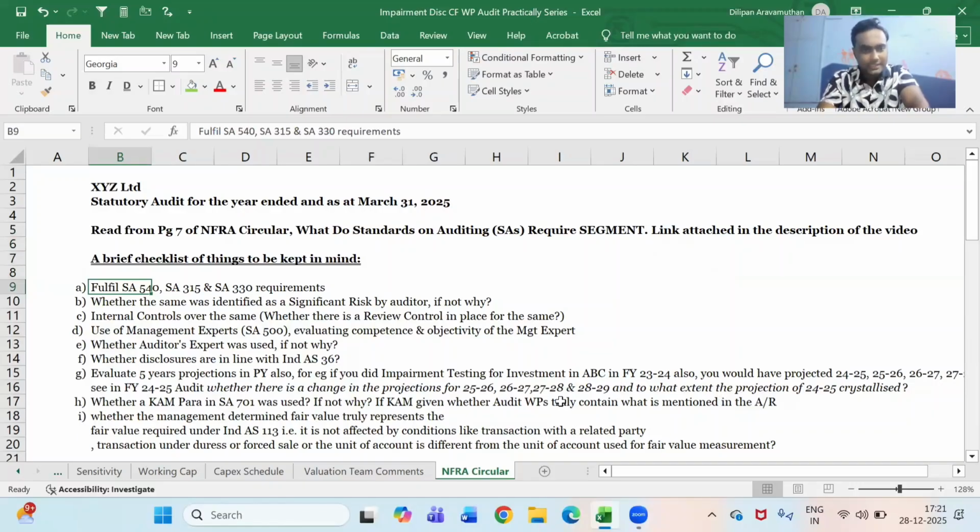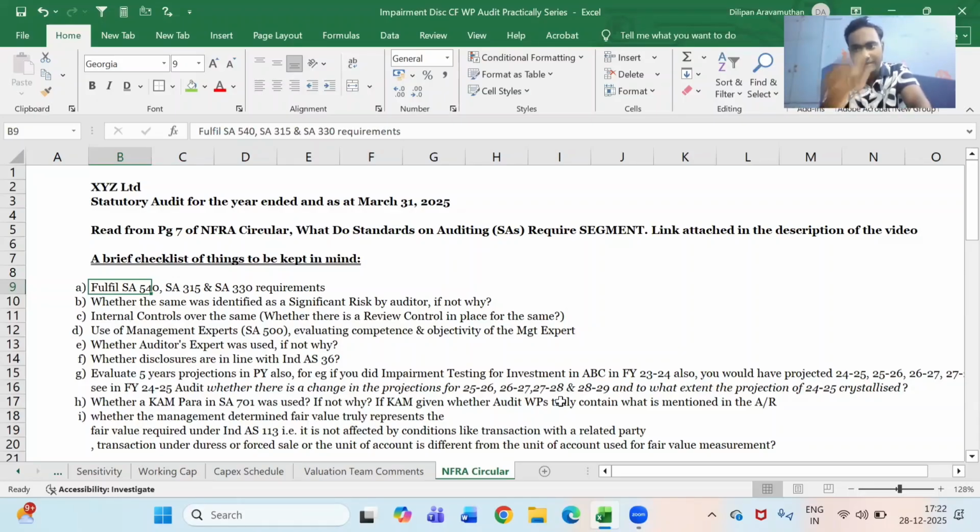So what it is basically saying is the auditor has to fulfill the requirements of SA 540, SA 315, and SA 330. SA 540 is basically audit of accounting estimates, fair value estimates, and related disclosures. So the auditor has to ensure that estimates, that is whatever estimates the management has taken, like discount rate or growth rate, are reasonable, and we get comfort over the same, and whether the disclosures are in line with Ind AS 36. And SA 315 is risk assessment through understanding entity and its environment, whether the auditor has considered impairment for risk assessment, like auditor has done a preliminary risk assessment in relation to impairment, documented the risk assessment, brought in significant controls, like done a control testing around the controls for impairment, and the procedures done in